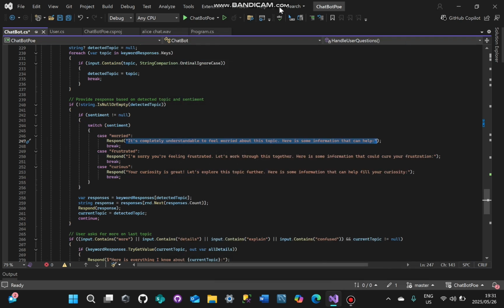But let's say, what if the user is curious? Maybe the user could be curious about password. So the bot will reply with, curiosity is great. Let's explore this topic further, and here is some information that could help. The next thing that we have added was